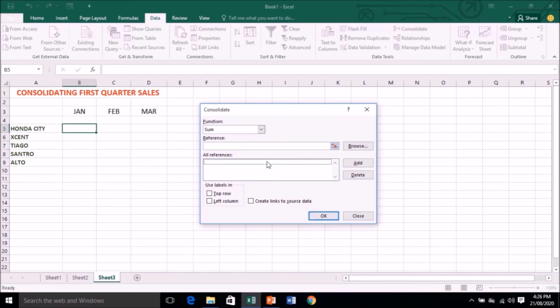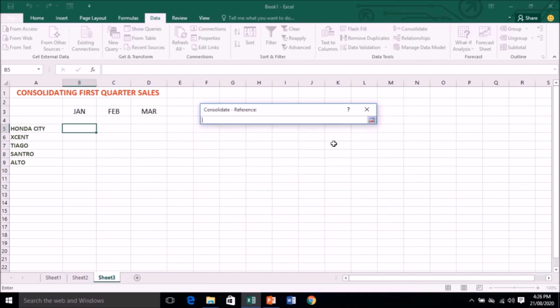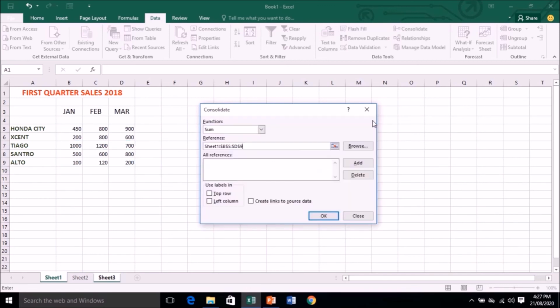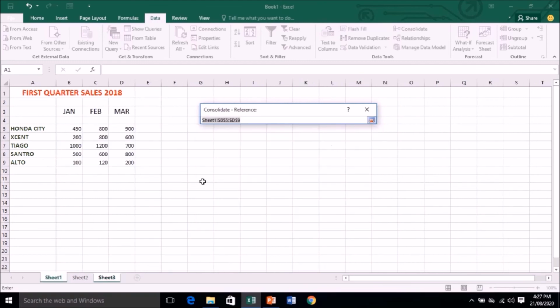I'm giving the reference. See, this function is sum. The reference, we'll give the sheet 1 reference first of all. I'll go to sheet 1. We'll select the data from B5 to D9 of sheet 1. It has appeared here. We'll click on the add button. Okay, now we'll go for the next reference. We'll click on sheet 2.